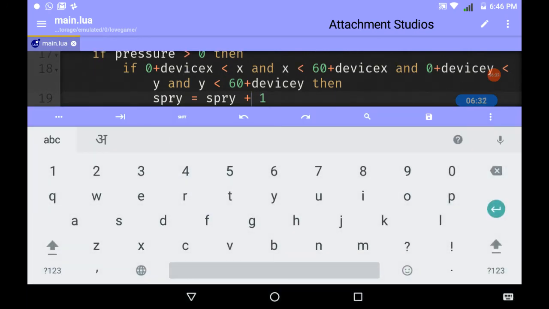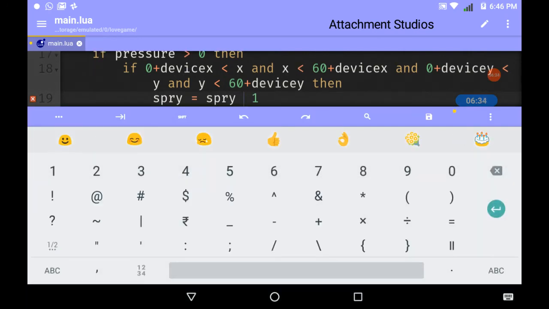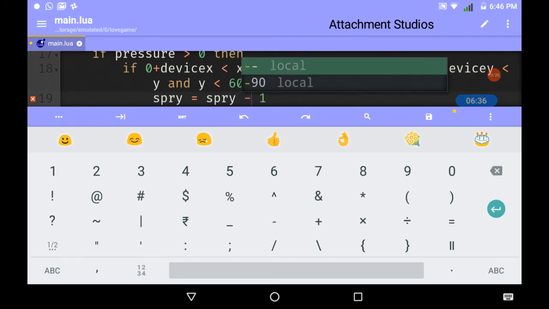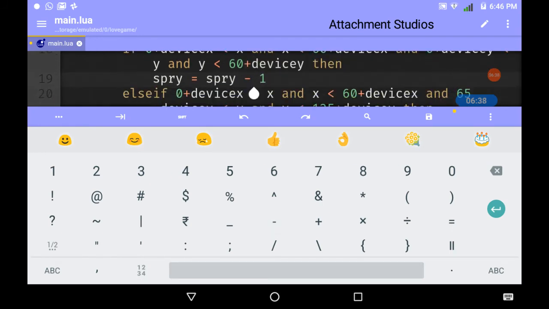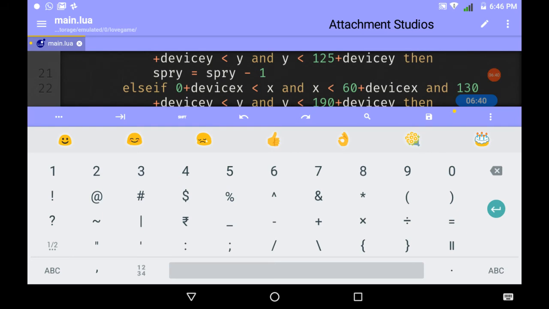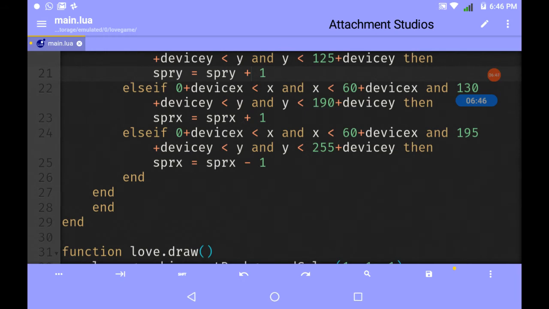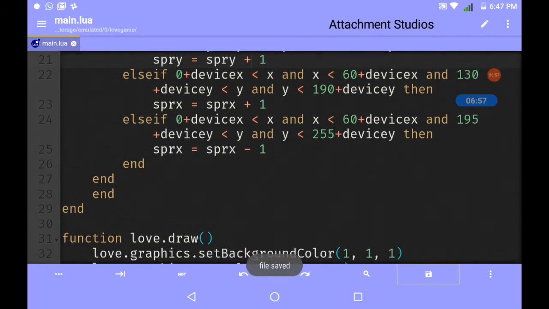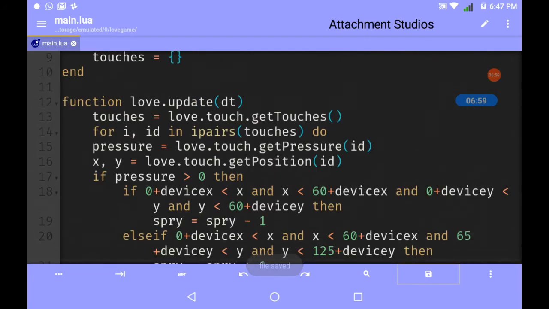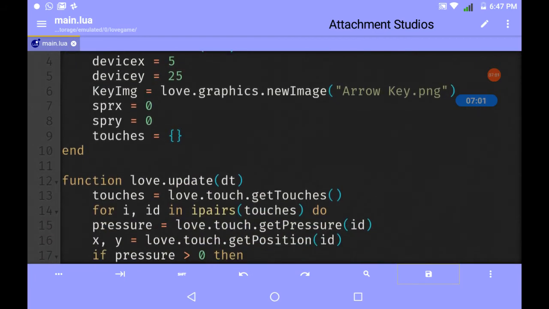So yes, if you want to go up, then SPRY minus 1, and for going down that must be plus 1. Now for going towards the right side you need SPRX plus 1, otherwise minus 1. That varies. And yes, you can make buttons separately.